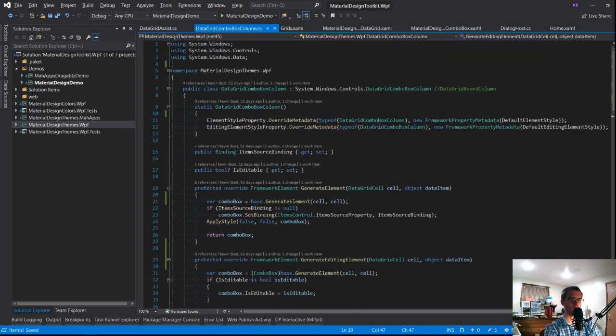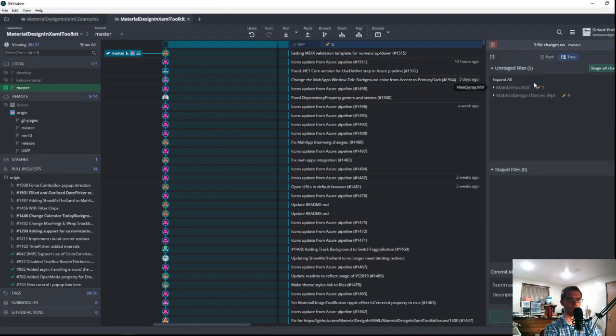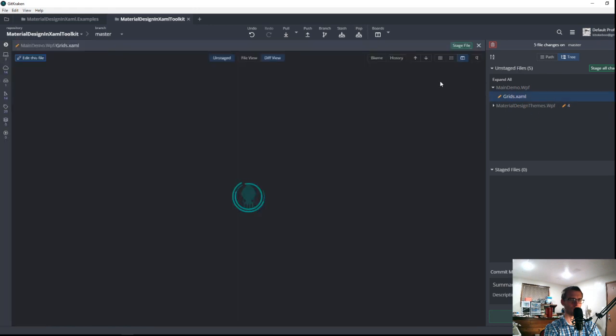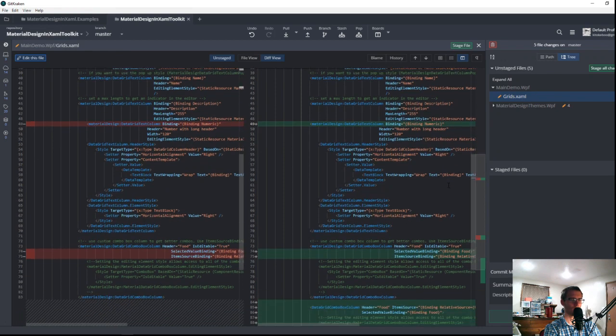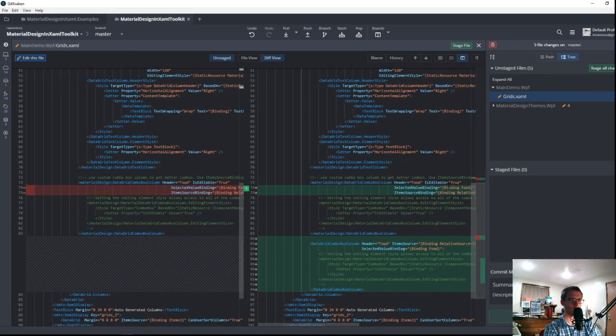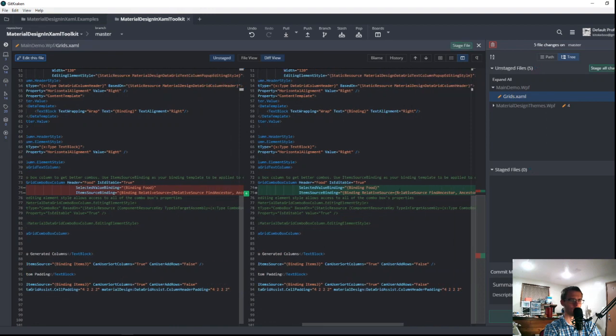Okay, so let's check our diff here real quick. 5 files, that's too many. So 1, the grids demo. So unindent, which is fine. This here we don't want. Let's see here. I believe if I select all, discard selection. So we do want this.